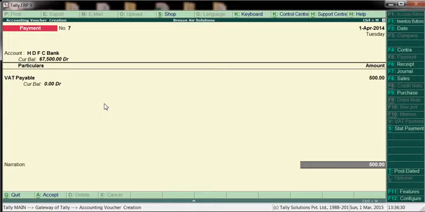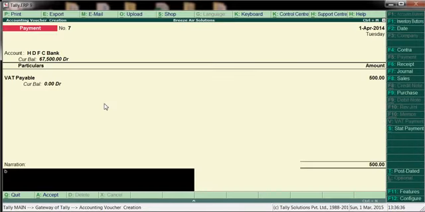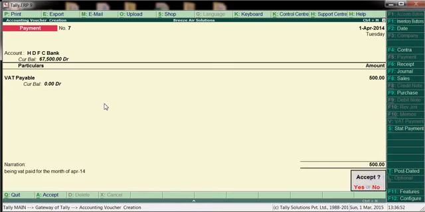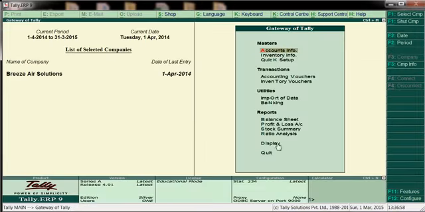Being VAT paid for the month of April 14. We'll check in reports whether the balance is cleared or still it's showing a credit balance.